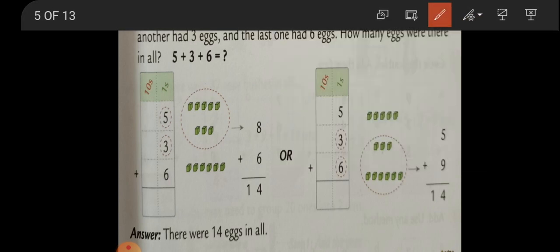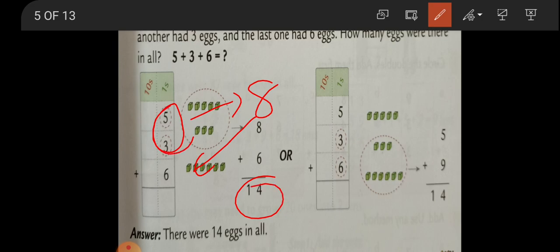For example, here he is adding first 5 plus 3. Okay, now 5 plus 3 is how much? It is 8. Now you add 8 in mind. Keep 8 in mind, 6 fingers up. How much is it after 8? 9, 10, 11, 12, 13, 14. So that is how you get 14.